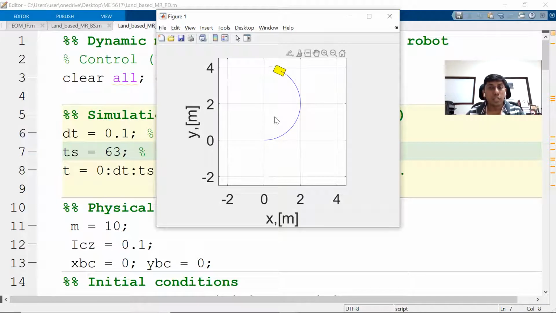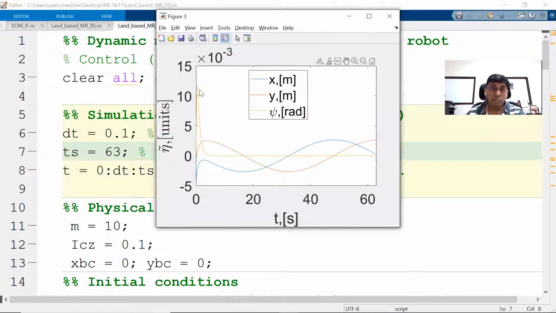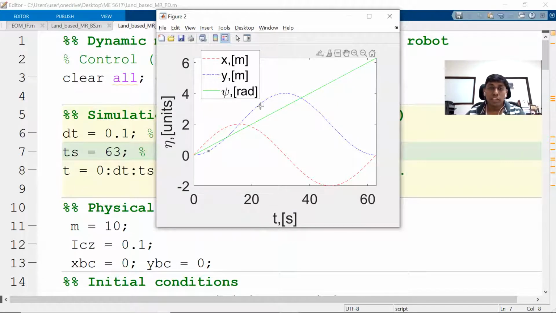Now we can see it is trying to follow the profile and maintaining it. The profile we did not show here; it is just to show that the circle is being followed. The error profile we can come back and see. The error is in the order of millimeters and even milliradians, which is an acceptable level. Now we go back to the position profile, and both are following a sinusoidal way.